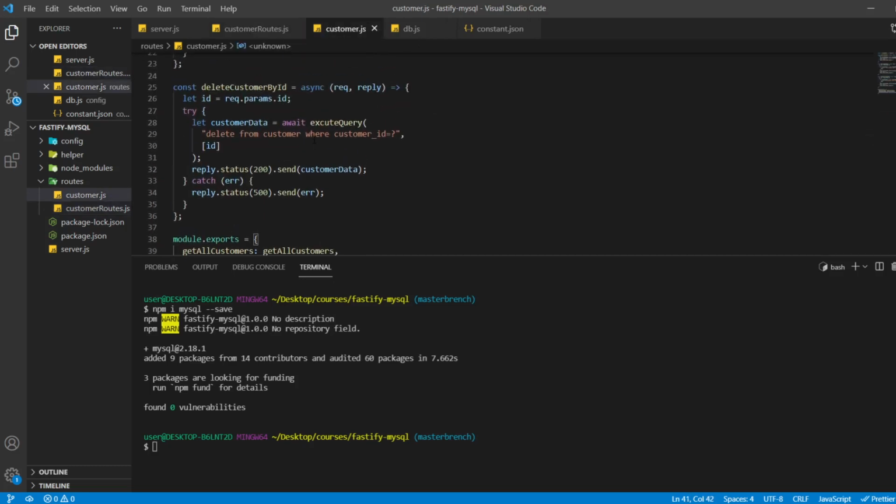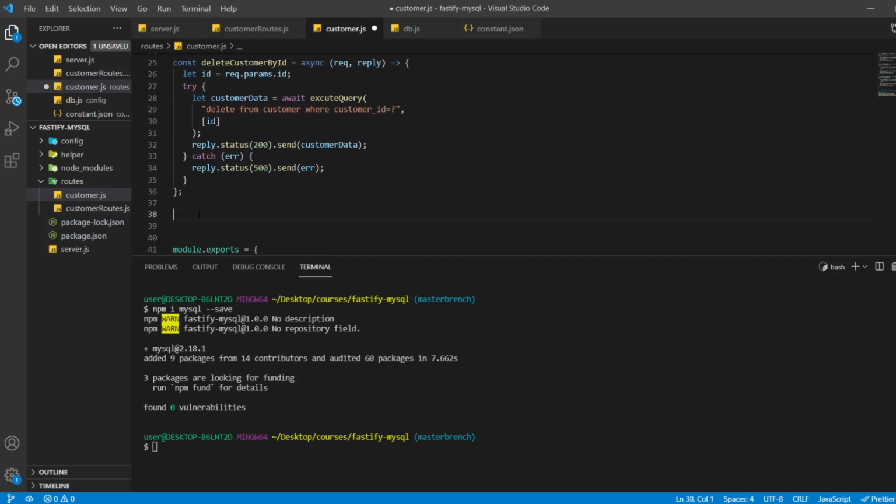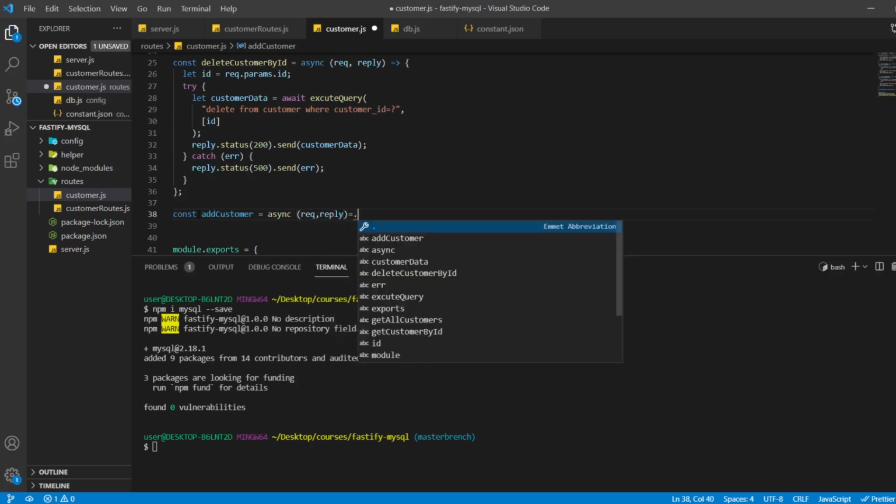post. Let me just make the post fast. So we will use add customer equal to async request and reply, and this will be an arrow function.